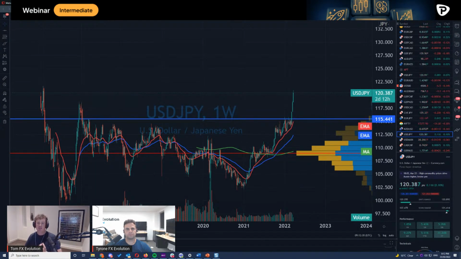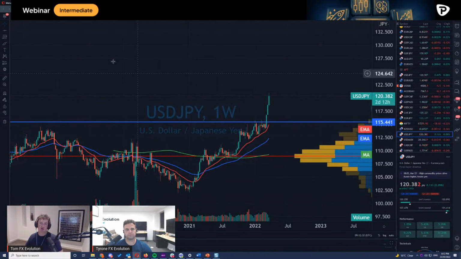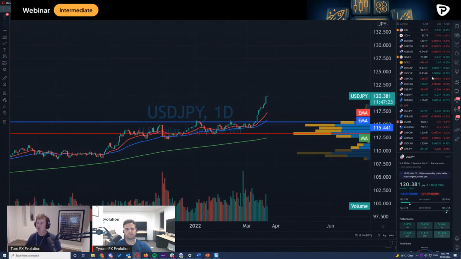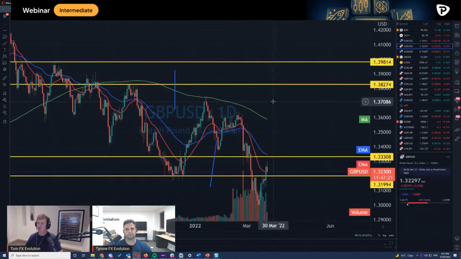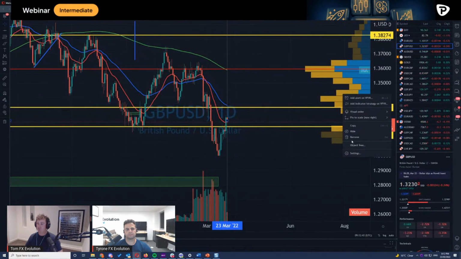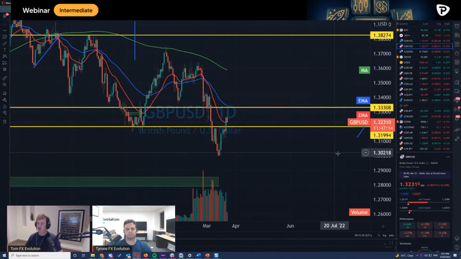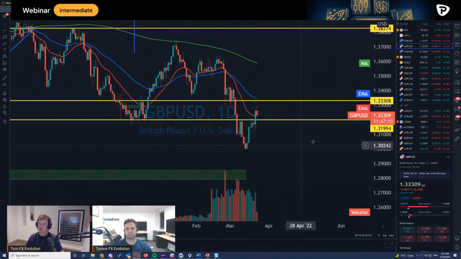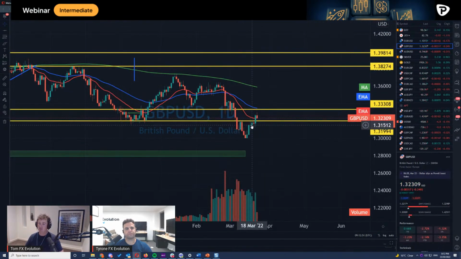So, of course, the yen has been the story of the last couple of weeks, but there are some other ones. I had the pound US dollar up before, and I'd like to go back over to that just for a second here and have a look at the pound US dollar. So we'll get rid of the volume profile for a second here, and we'll just talk about the pound US dollar. So what has the pound US dollar done recently, Ty?